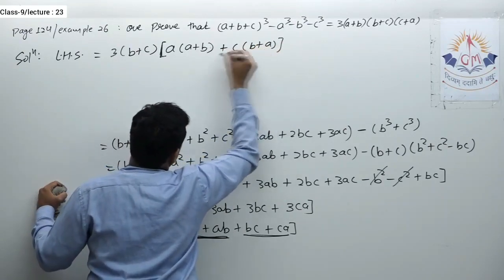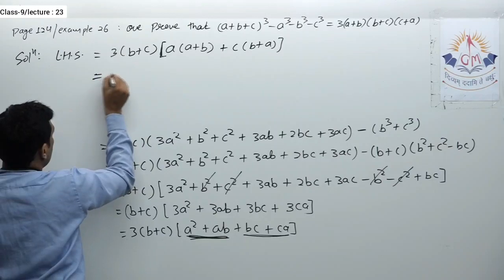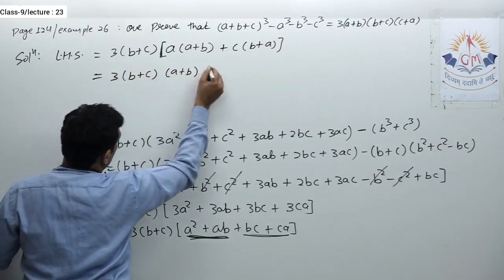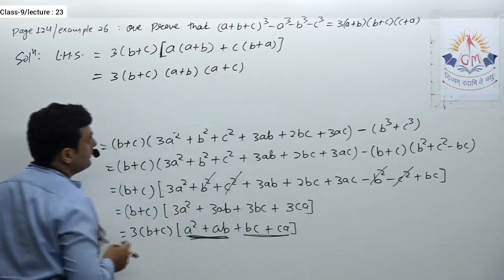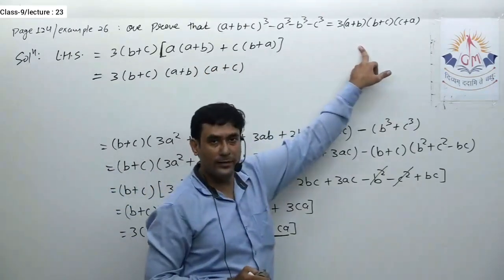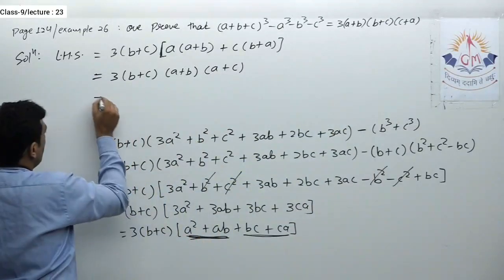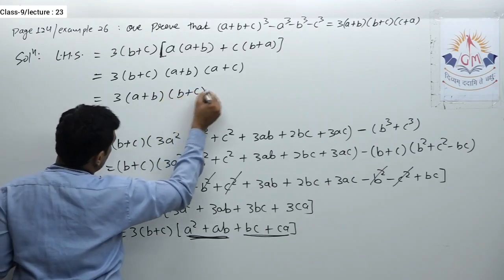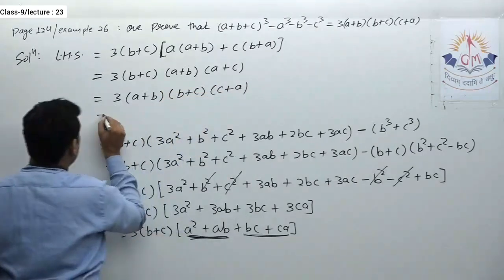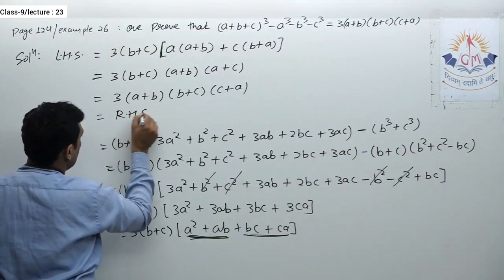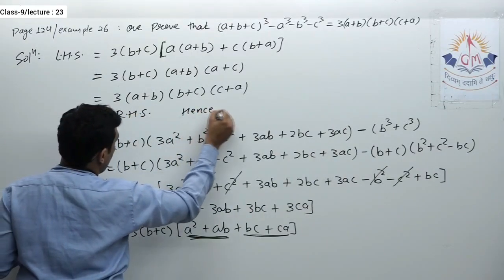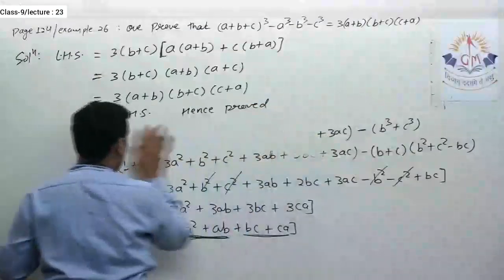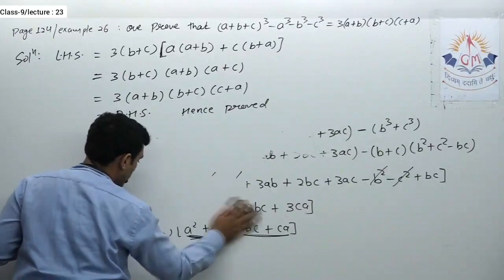Now this b plus a and a plus b is the same thing. So next what I can do, I can take this common, a plus b. Here I am left with a plus c. So that I have to prove. The only thing that I have to write in order, which is given in the question, that is 3 a plus b, then b plus c, then c plus a. That is equal to RHS, hence proved. Okay, so please note down this remaining portion and then we'll come to the next question.